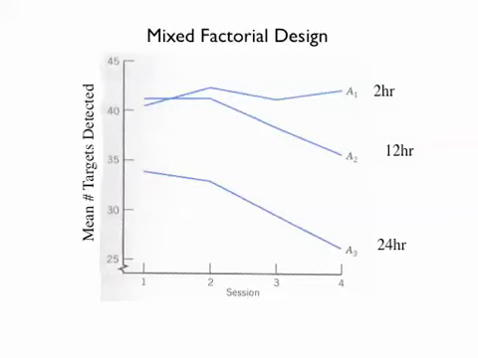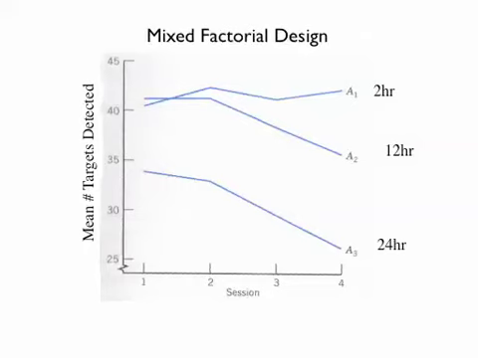Let's start with hours without sleep. To do this, you have to look at the whole line A1 versus the whole line A2 versus the whole line A3. What is happening as you go from 2 to 12 to 24 hours without sleep? What's happening to the dependent variable? Well, overall, if you average across session type, if you look at the midpoint of the line here, moving down to here, moving down to here, it looks like they're detecting fewer targets. So the longer it's been since you've slept, the fewer targets you detect successfully. That makes sense, right? You stay up later, you don't do as good a job.